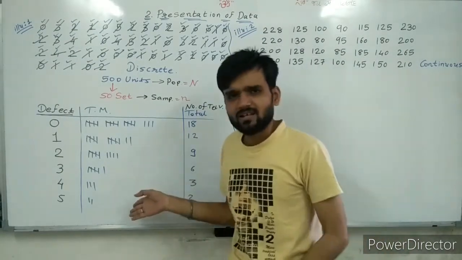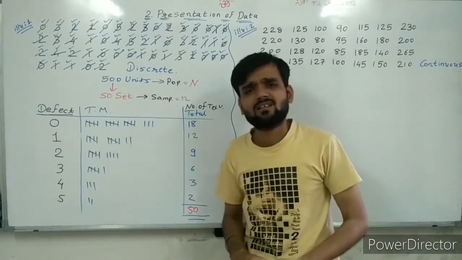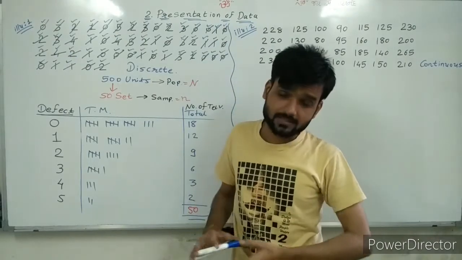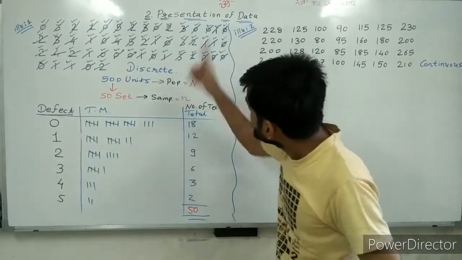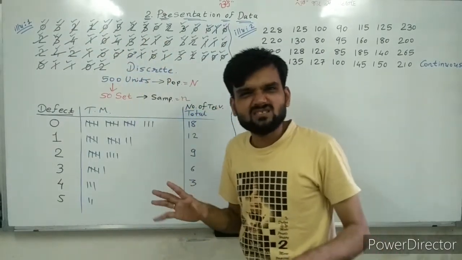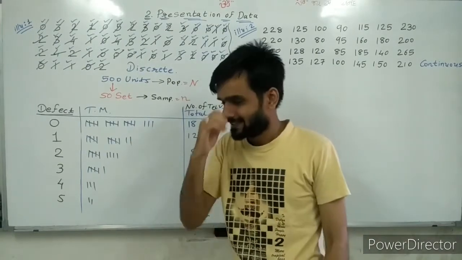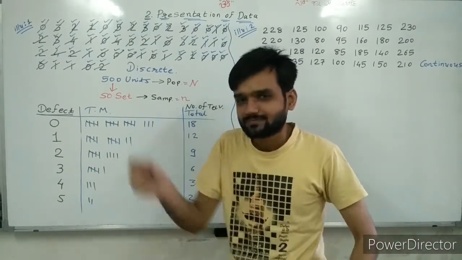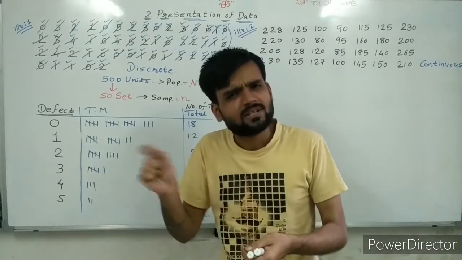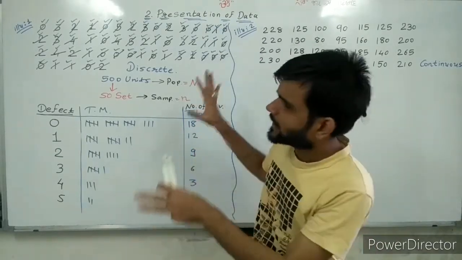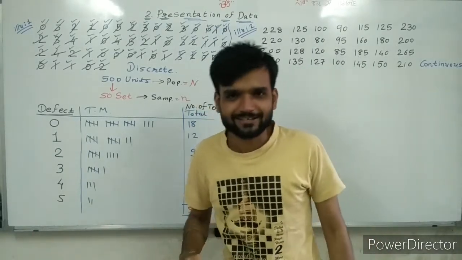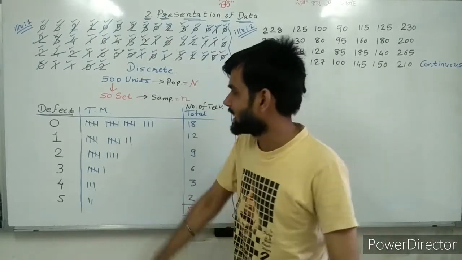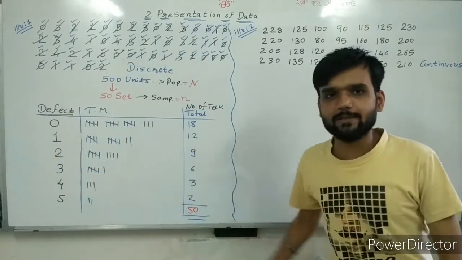So in this way, the sum becomes easy. But yes, if the question becomes very odd, what do you have to do? With an eraser, rub out the rough work. Then okay. Clear? So it's my discrete frequency distribution.